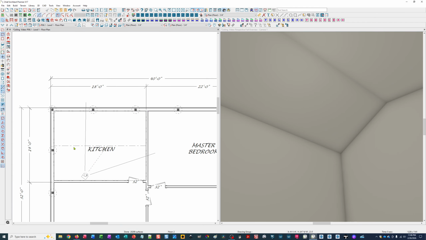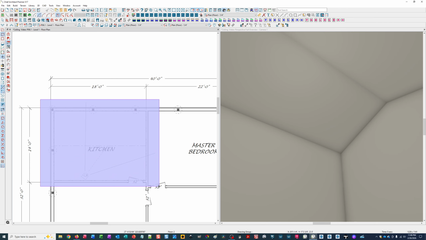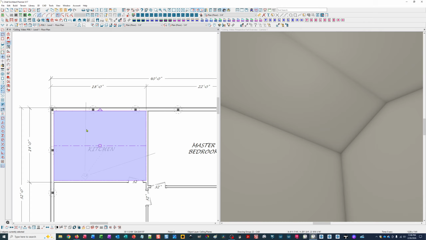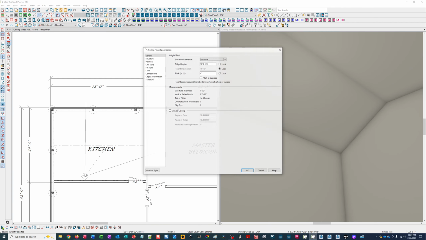Now what I'm going to do is select both of those ceiling planes by holding down the control key. Another option I have for selecting ceiling planes is I can click the ceiling plane icon, and I thought it was the shift key, hold down shift and put a box around the kitchen, and it selected only the ceiling planes. I can open up the ceiling plane dialog box,